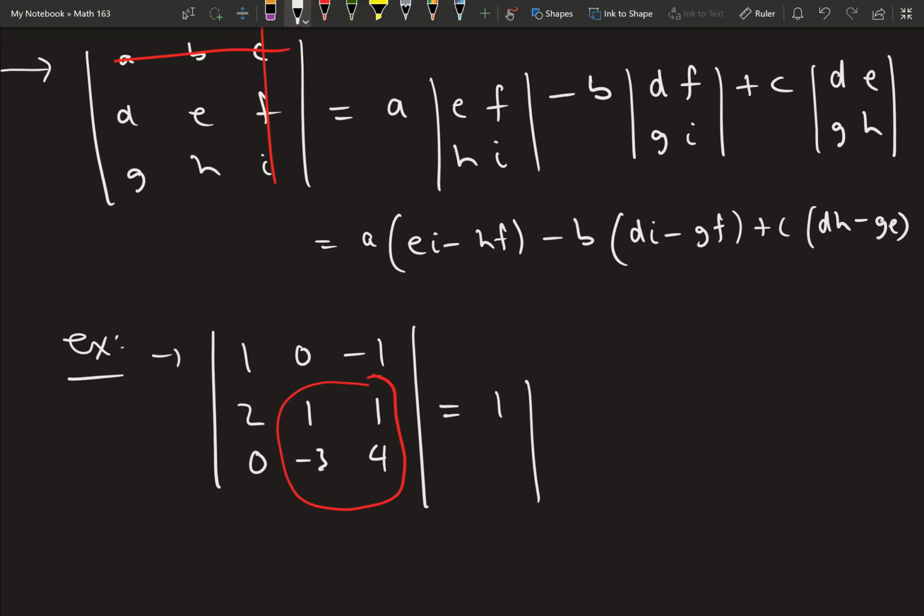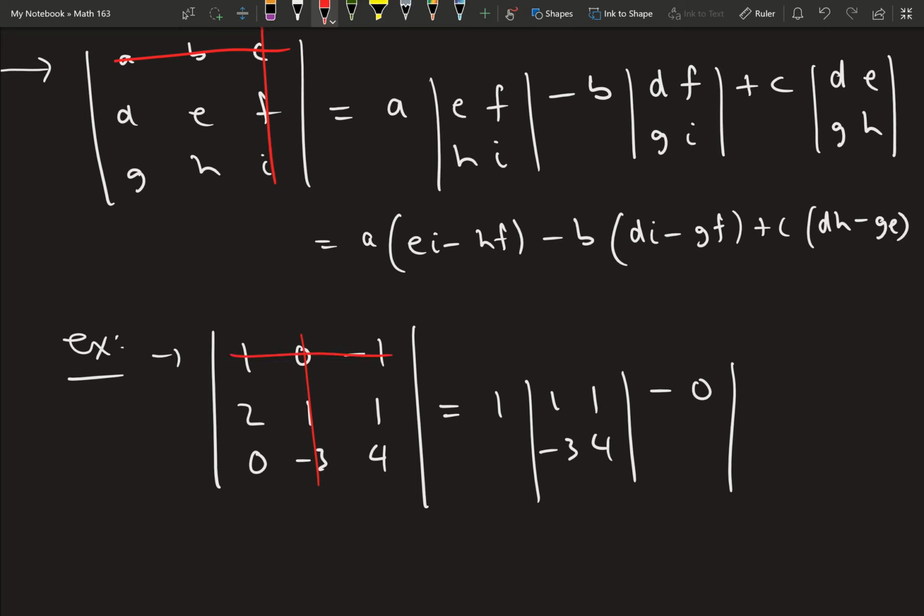So we have 1, 1, negative 3, 4, minus 0 times the corresponding minor there. So the corresponding minor would be, we'll cross out here, so we're left with 2, 1, 0, 4, and then plus